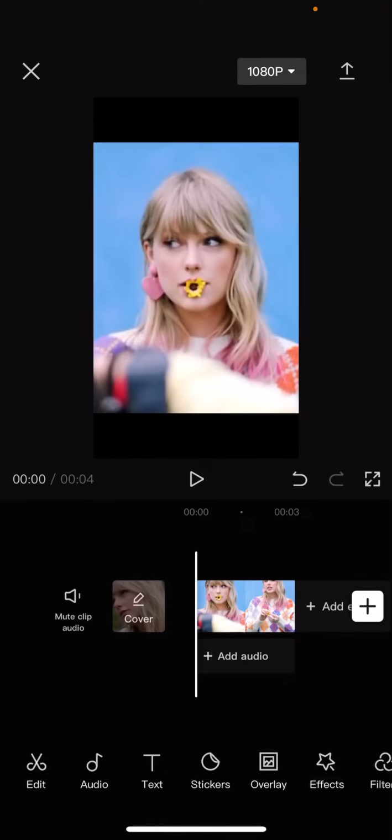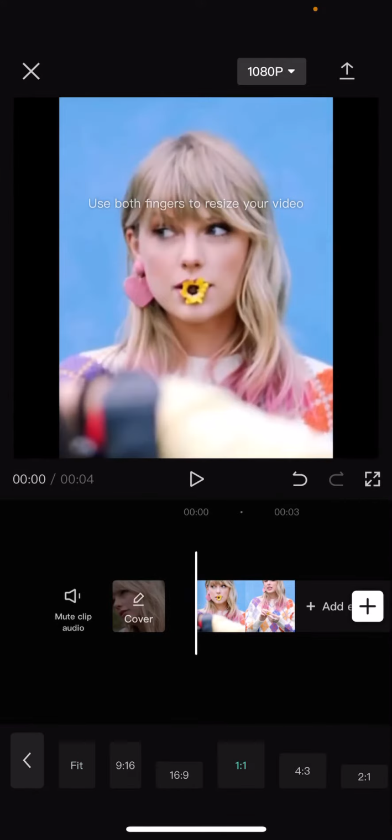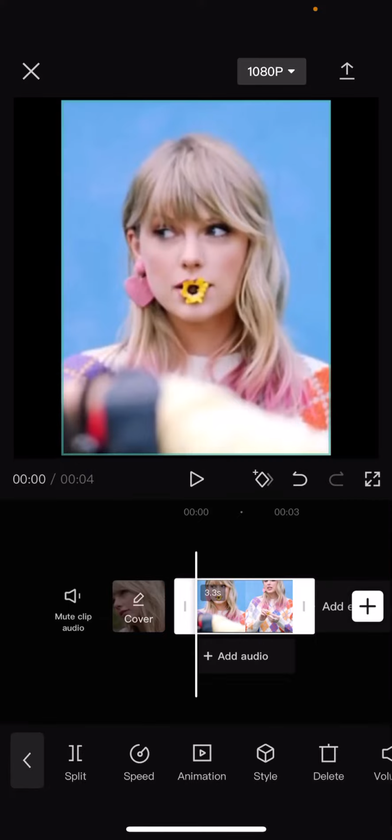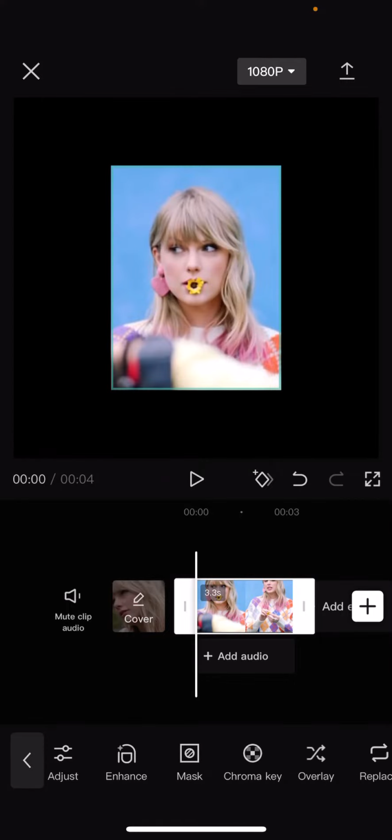In this video I'll be showing you guys how I can create a photo to video zoom in transition edit on CapCut. So first I'm just going to change the format and then change it to square, and then I'm just going to resize it to make it smaller like so, and then I'm going to press freeze